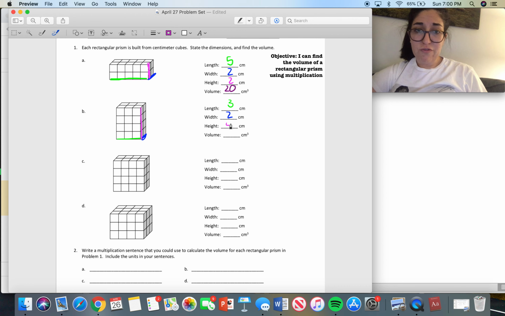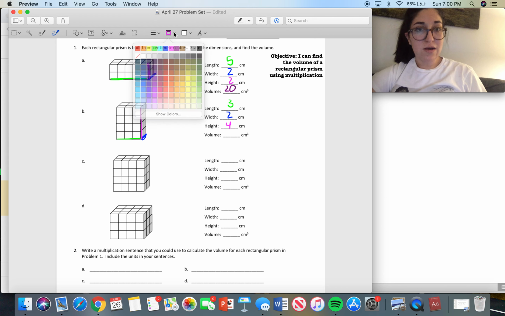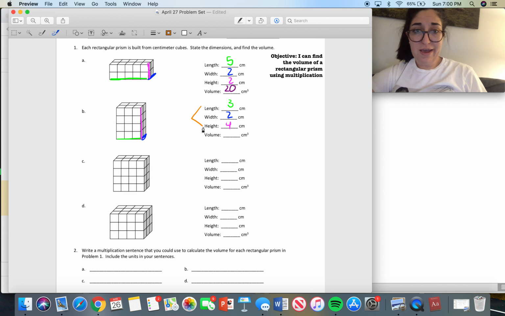And this time, just for funsies, I'm going to multiply the length and the height first, just to show that you can do it any way. 3 times 4 is 12. And then if I multiply that with the width, which is 2, 12 times 2 is 24. And again, you'll notice that I have these little centimeters cubed because it is a cube, right? Let me just get rid of that really quickly. And it's 24,